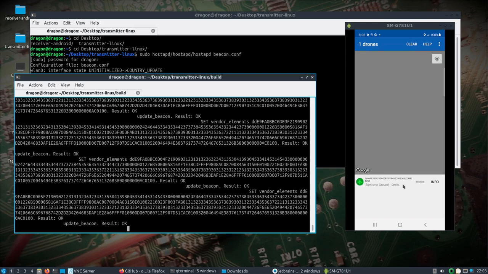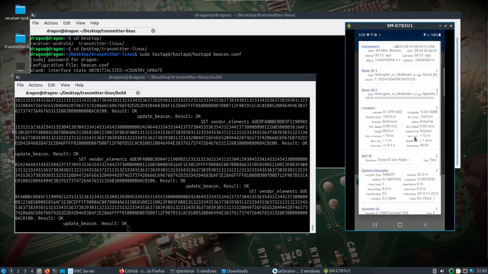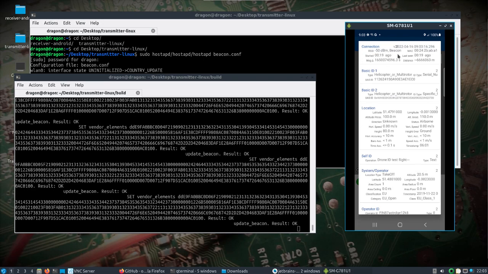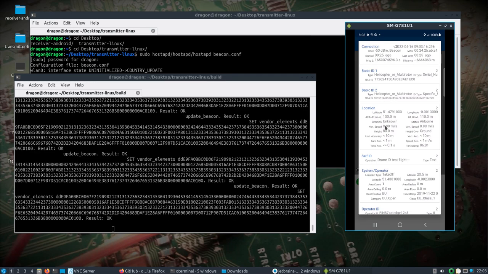And there we go. So we see some ID information, location information,